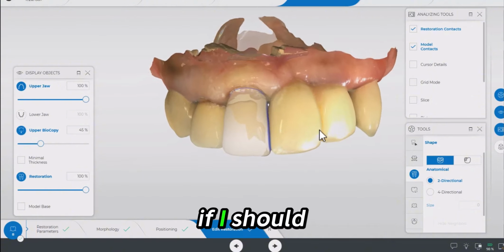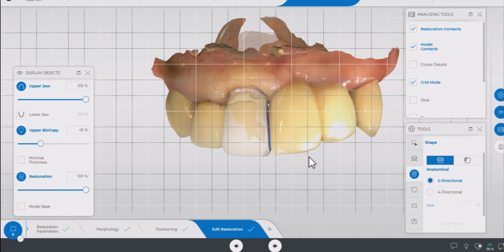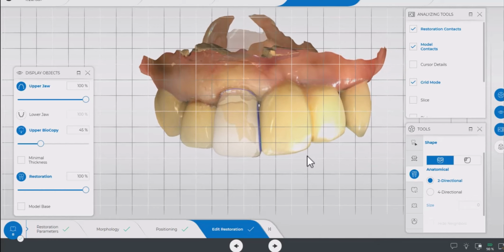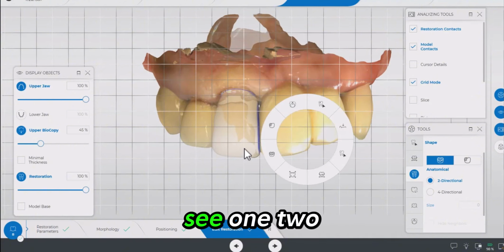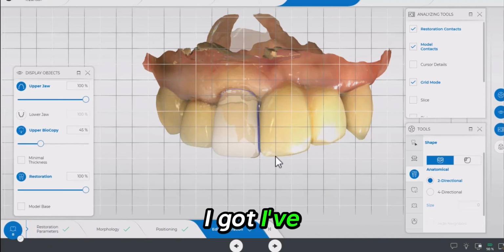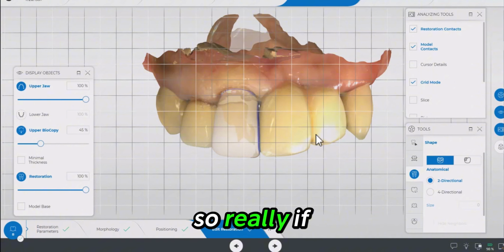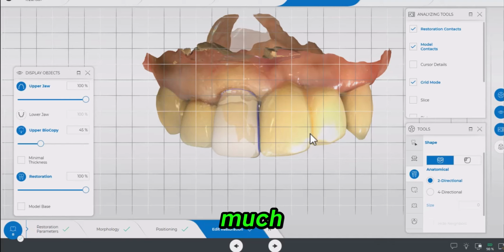I'm just weighing if I should. I'm going to hit Control G to turn the grid on. I'm going to line the midline up with a line. Let's see, 1, 2, 3. Yeah, so when I look at this, I've got 1, 2, 3, maybe like a 3.25 here, and over here it's just right at 3. So really, if I reduce the midline of number 9 about this much, then I should be able to make